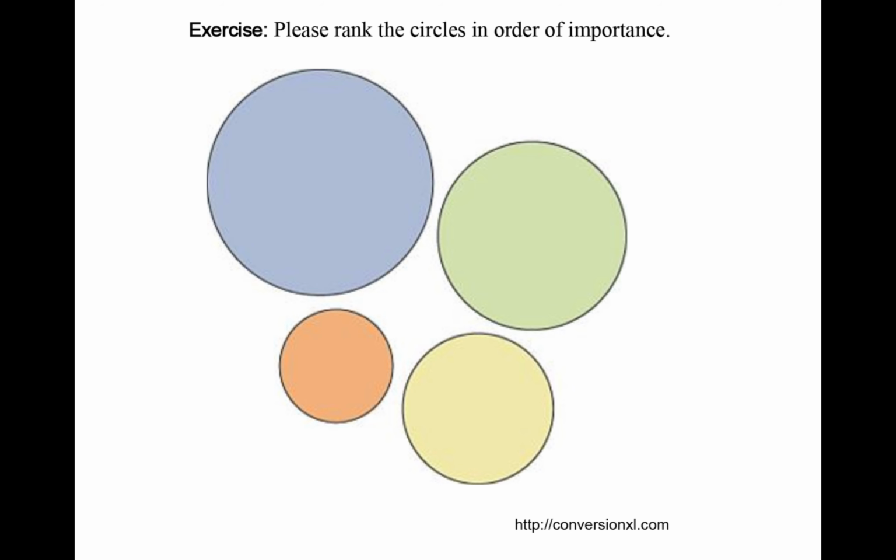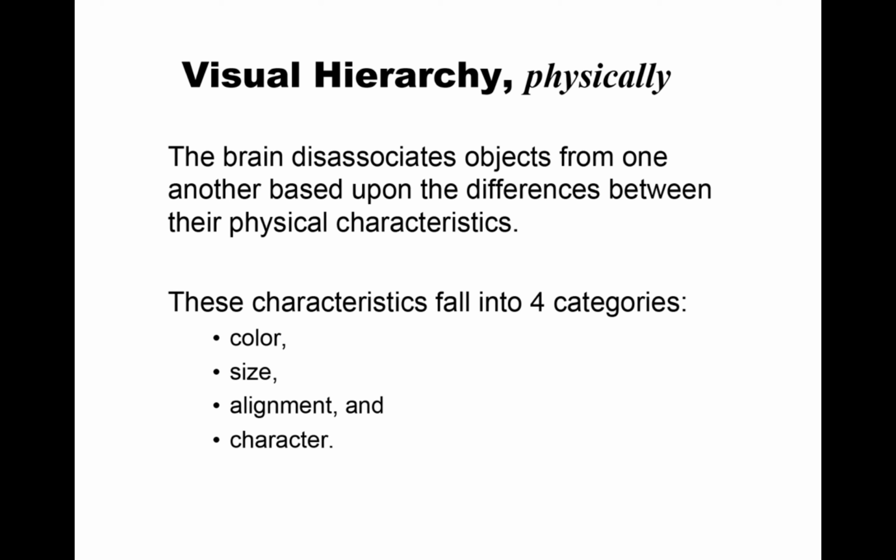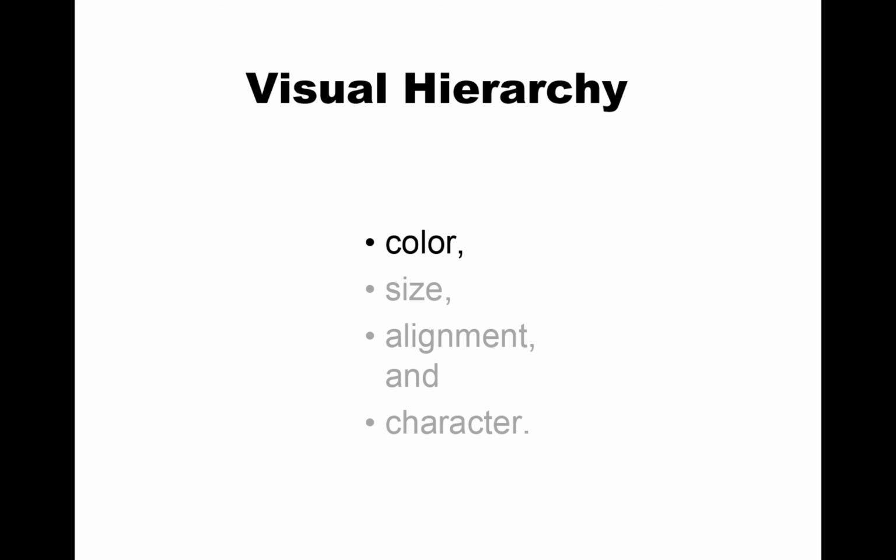We also see larger objects first. So if you saw the blue circle first, that is because we see the biggest things first. So we rank things in order of importance. And usually the way we rank things from importance is based on physical characteristics of those objects. That can be color, size, alignment, or just the character itself. So when we look at similar objects, we still try and differentiate the objects from one another based on physical characteristics. So if we look at color,